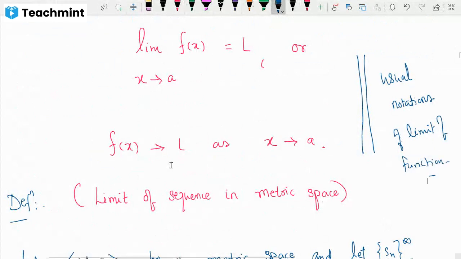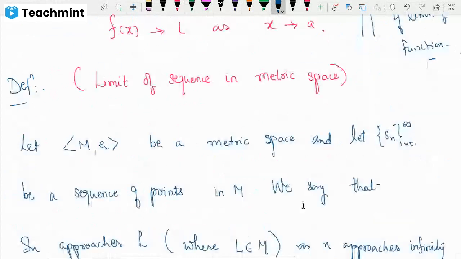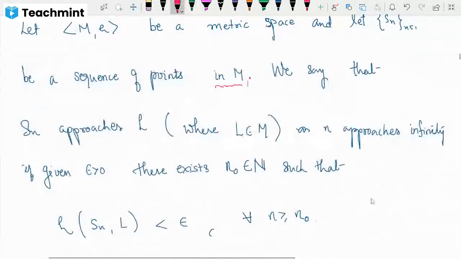So next definition, that is, what is the limit of a sequence in a metric space. The previous was the definition of limit of a function in a metric space. So next, what is the definition of limit of a sequence in a metric space? Let's suppose (M, rho) is a metric space, and Sn is a sequence of points in M. So it is very important: Sn is a sequence of points in M. In the previous course, we have seen sequences of real numbers, meaning instead of M, we had taken the set of real numbers. So in particular, we say that Sn converges to L, where L is again an element of capital M. It is a point of M.